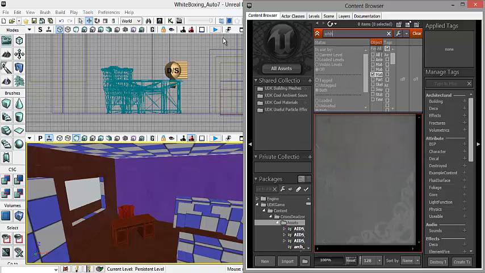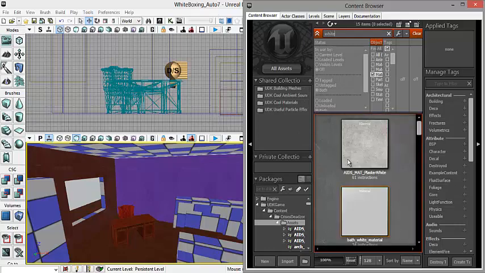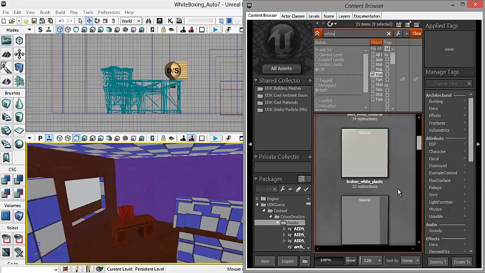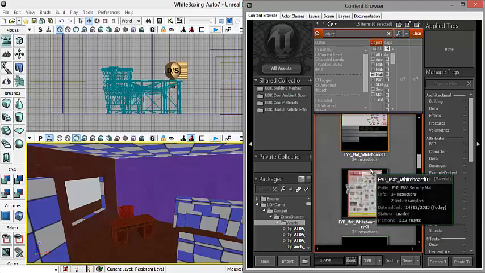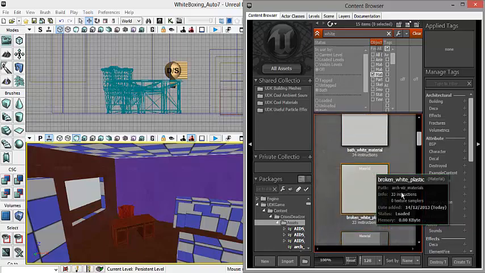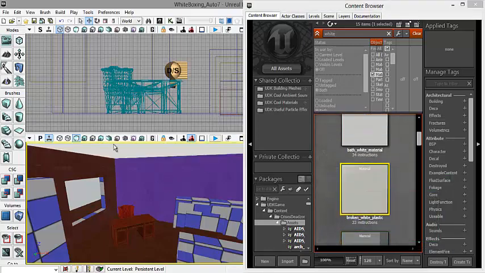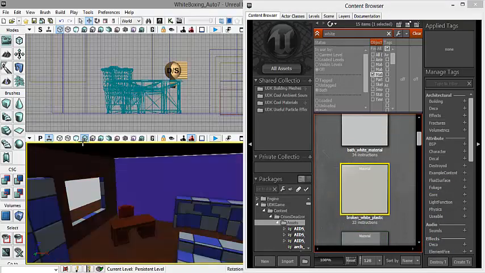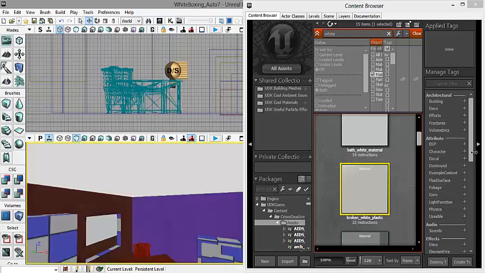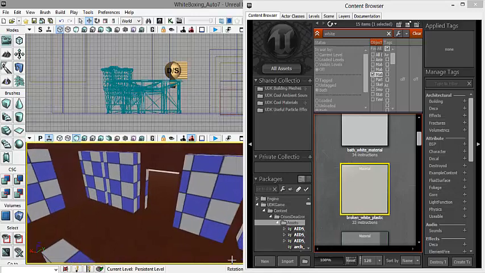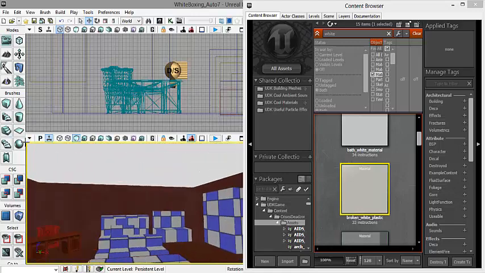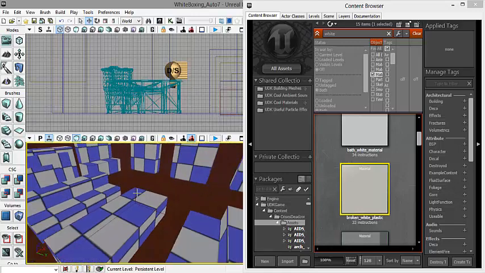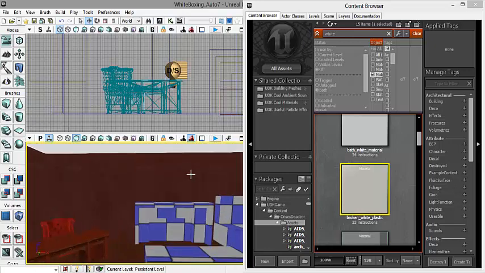I spelled white wrong. Nice. White. Let's just plop down a white plastic, that should do, actually. Should look right. You won't be able to see because it's not lit. That's fine. Okay, so that's how you apply materials. Fairly simple stuff. It may look a bit ugly, but what can you do? Right, I'm gonna quickly add a fireplace and I'll cut to it. The scene